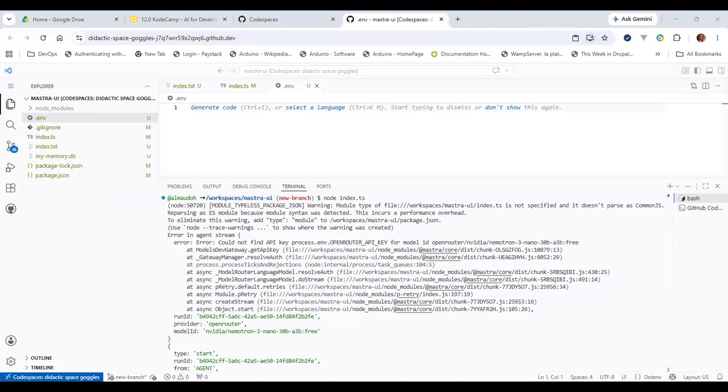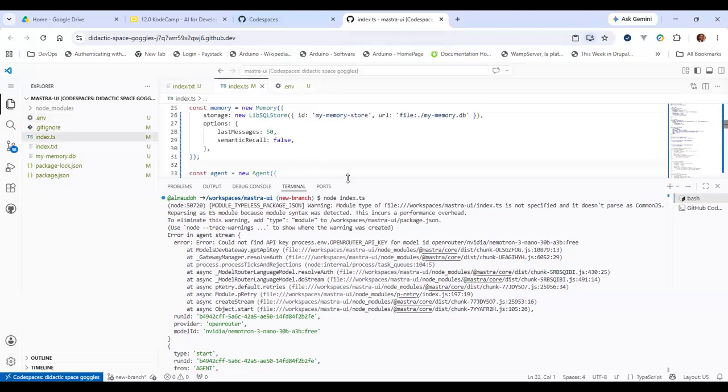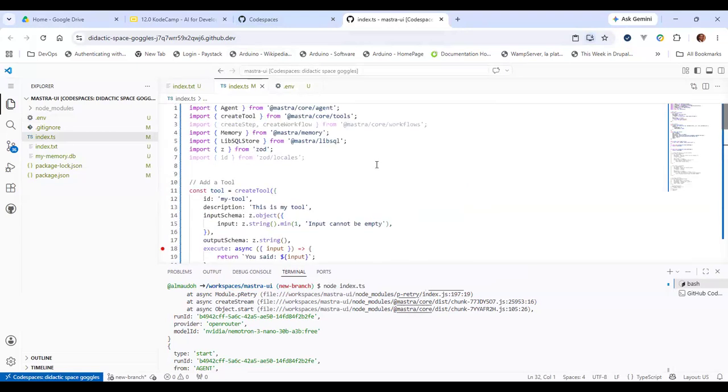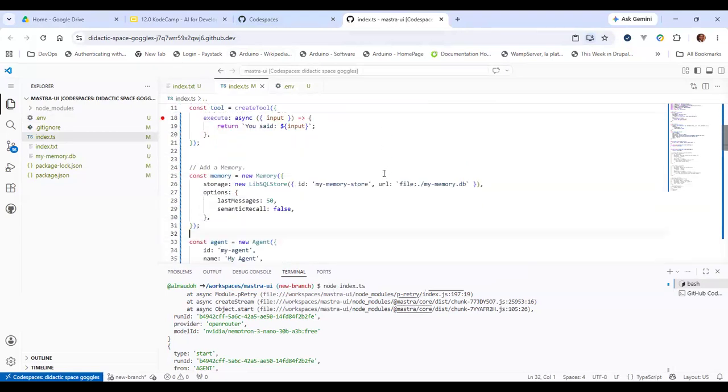But let me first of all bring the OpenRouter API key, which we will use, since we've already specified that we're using Nemotron.